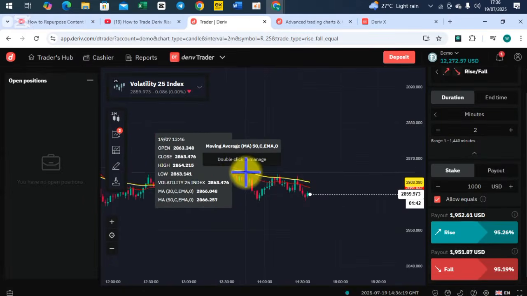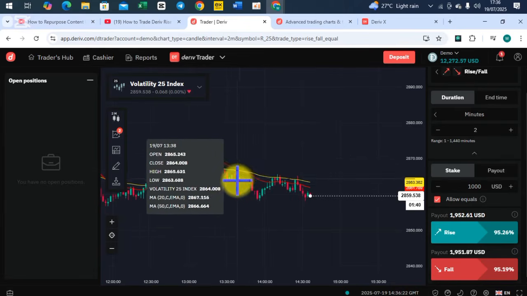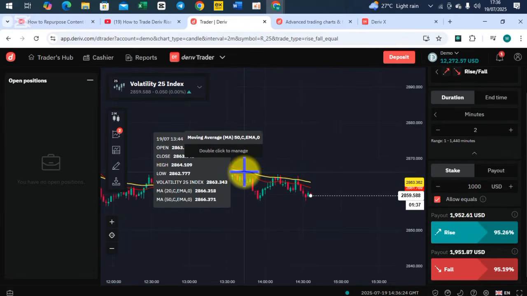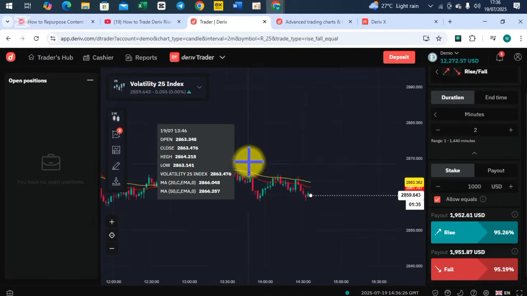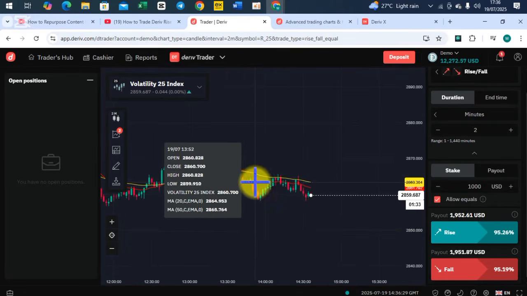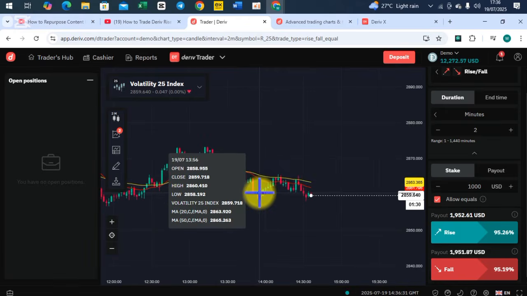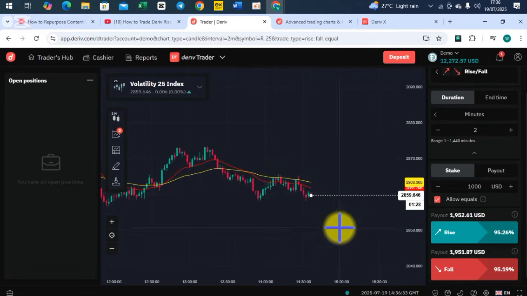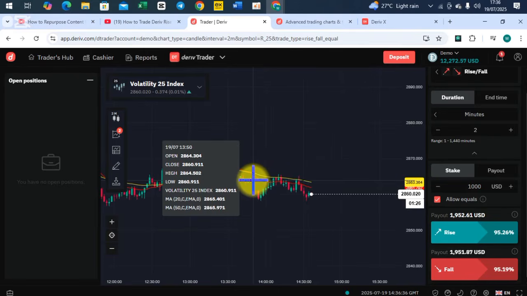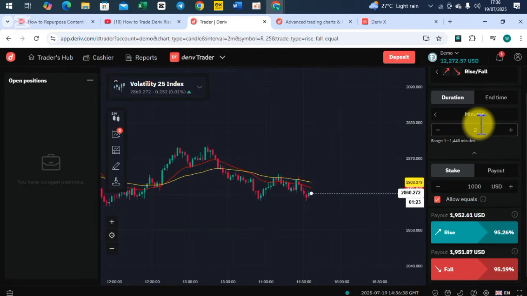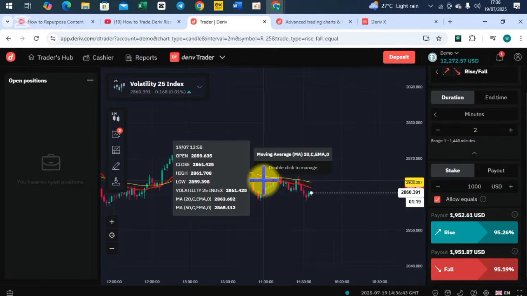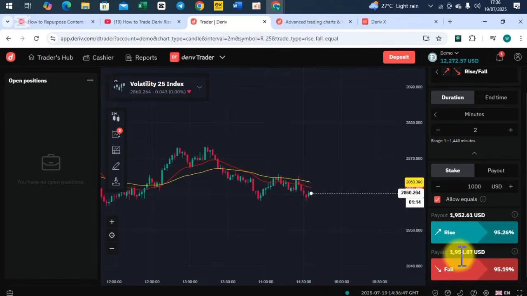The crossover here shows how we use these moving averages. The moment they cross over, like in this case, it is a downtrend, so you can be looking for sellers. Remember, with these sellers of a fall market, what we are looking at is the duration: within 2 minutes, will this candle close below my entry? If it does, you make a profit, and the profit is indicated here. The payout is 1. If you are staking 1,000, you will get this one,